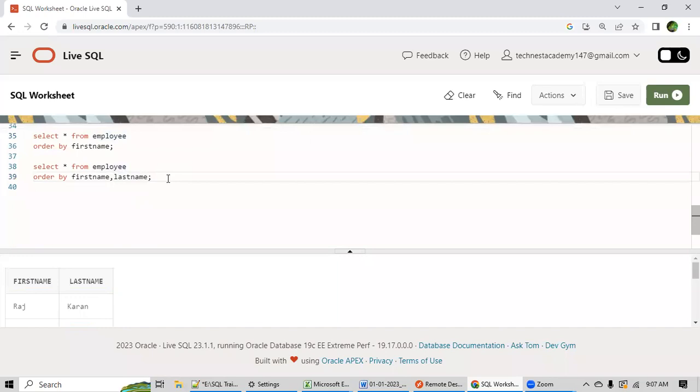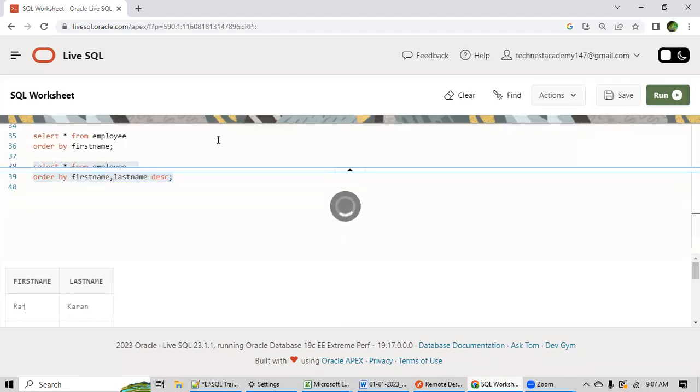Now in this query, tell me where you have put descending? Yeah, after the last name. After the last name. So the meaning of this query is, this is not a part of today's class, guys. I will discuss this again tomorrow. But this is an offline discussion we are doing. So now if you execute this query, the meaning is: first of all sort based on the first name. And then if there is a conflict, then consider the last name, but in descending order. So now if I run this, you will see that wherever the first name is in conflict, the last name will be sorted in descending order.